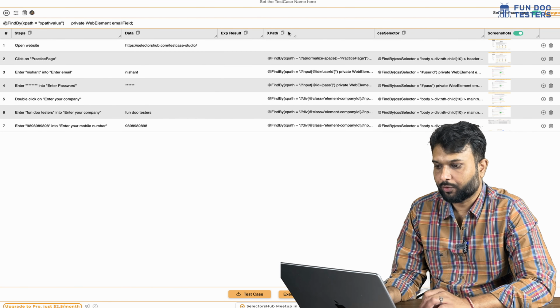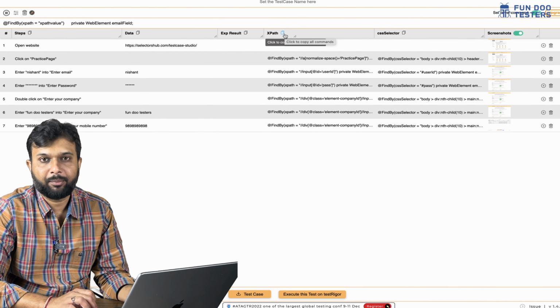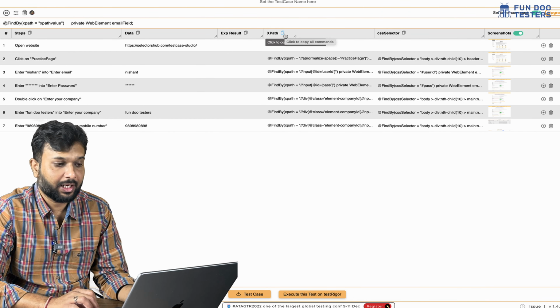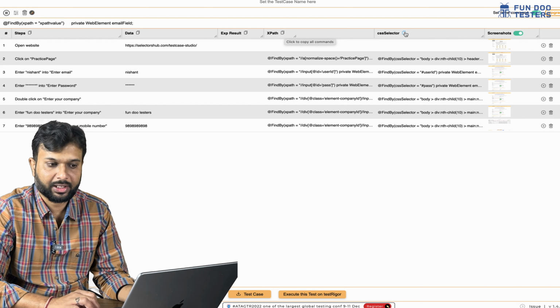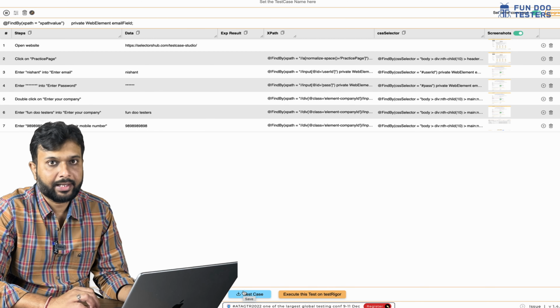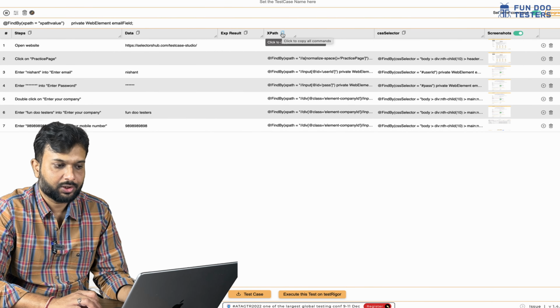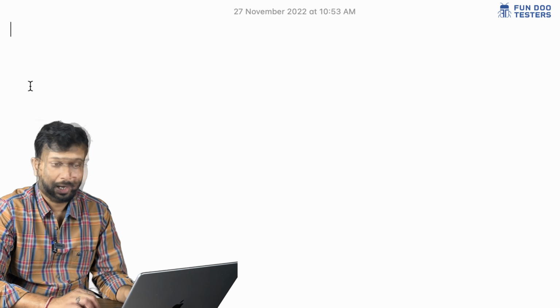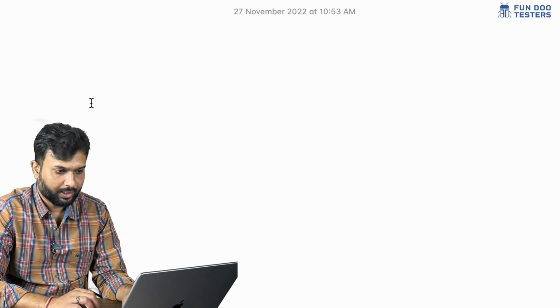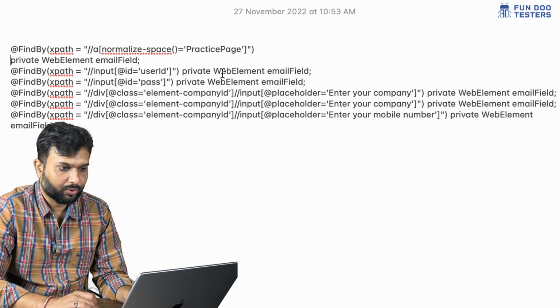So if I'm going to copy all the X path, there is option, if I am looking for only X path, then I can copy only X path, or selector hub, I can copy only selector hub instead of downloading entire bulky file. And here I'm going to copy the X paths. So I have copied all the X path. I'm going to a notepad, and here I have pasted the data. So now you can see it has beautifully captured all the elements.